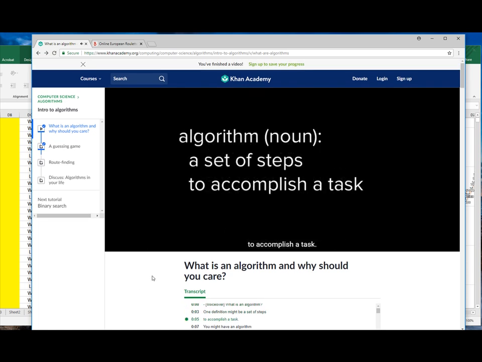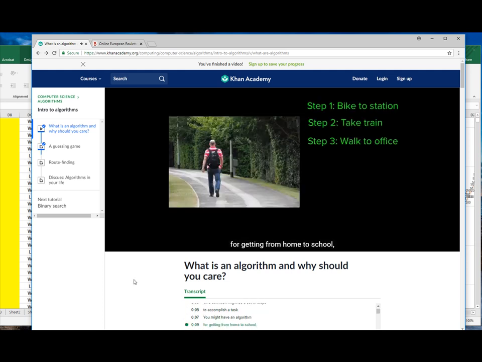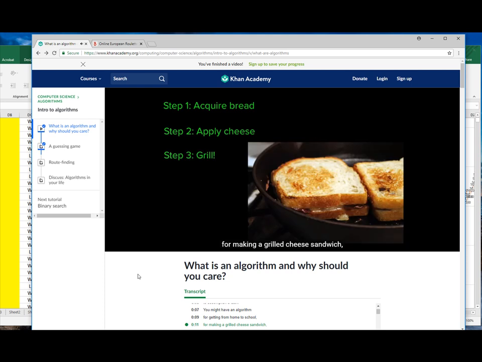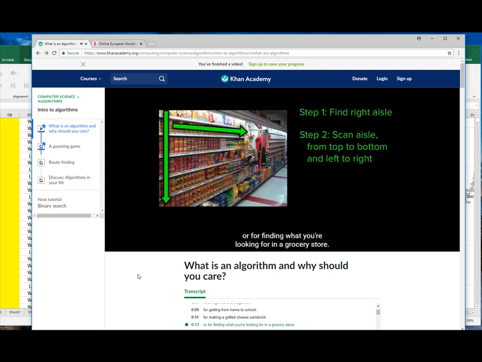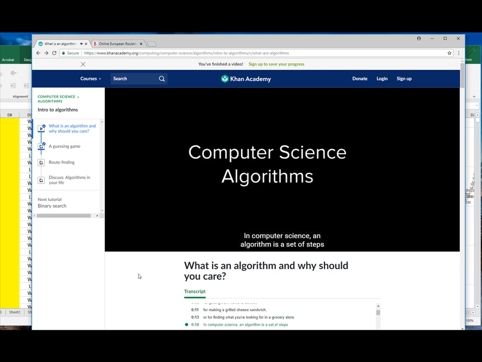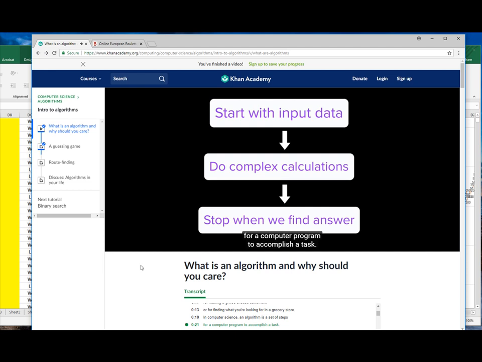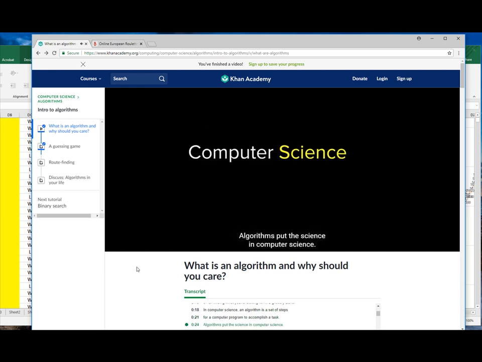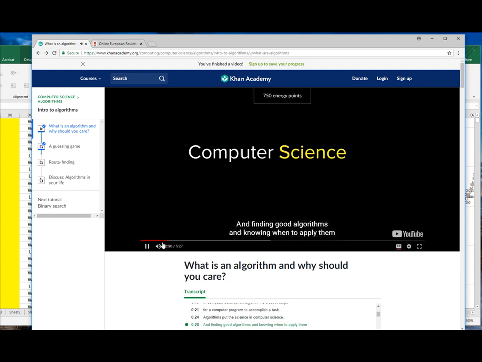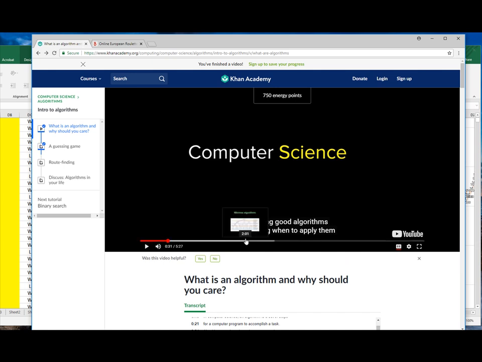to accomplish a task. You might have an algorithm for getting from home to school, for making a grilled cheese sandwich, or for finding what you're looking for in the grocery store. In computer science, an algorithm is a set of steps for a computer program to accomplish a task. Algorithms put the science in computer science, and finding good algorithms and knowing when to apply them will